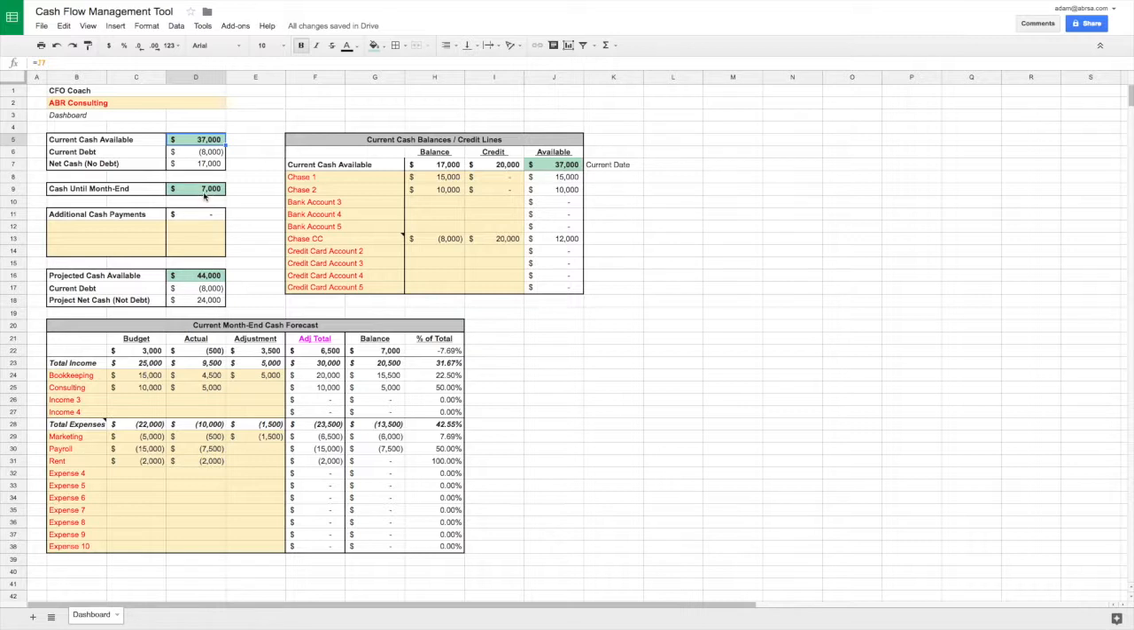You anticipate to bring in a surplus of $7,000, which means at the end of the month, your projected cash flow is going to be $44,000 available to you. You're still going to have $8,000 in credit, and without any debt, you're going to have $24,000 available to you. And this is also a budgeting tool,